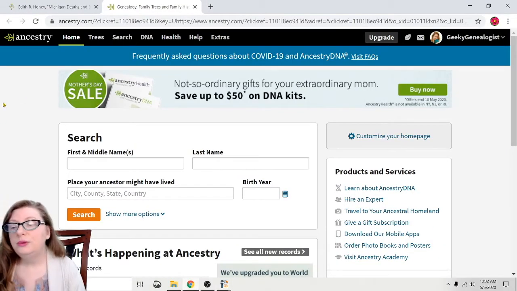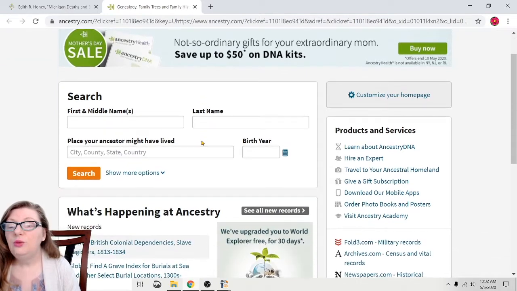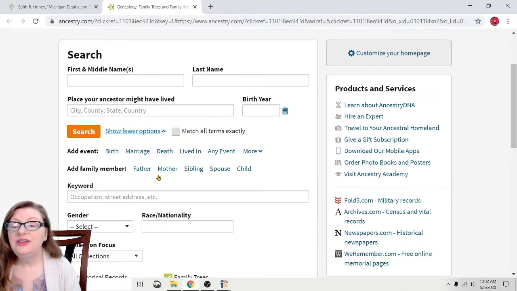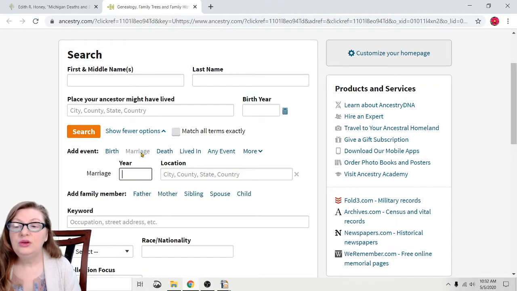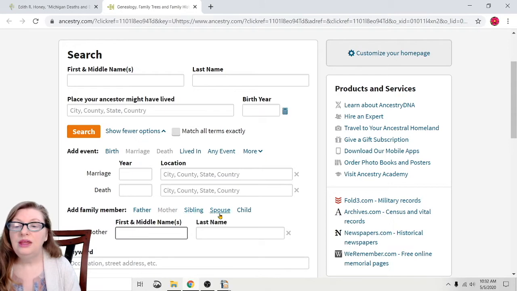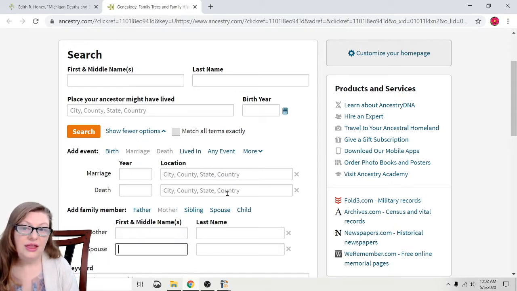This is the global search screen. It's on the home page, and this is again how most people will search. When you click here, show more options, it gives you different things that you can add. So if you know the marriage date and where they got married, you could put that information in there. If you know the death date, if you know their mother, if you know their spouse, you can add all